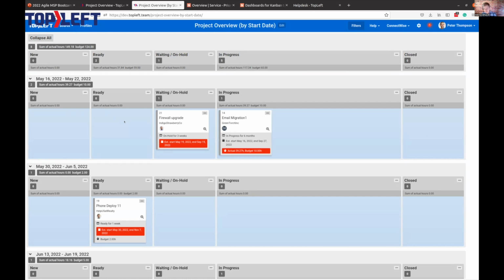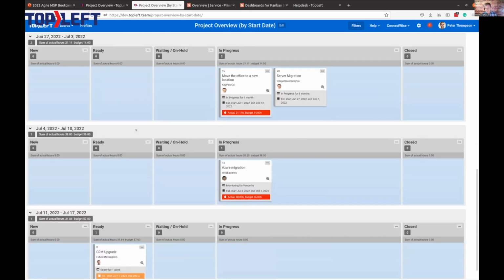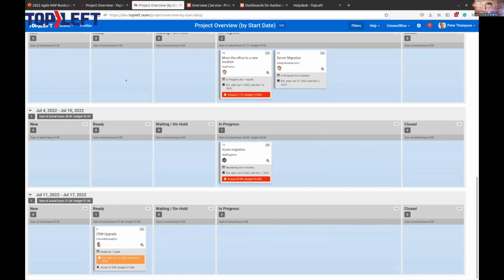This is the project portfolio view. So these are our top level projects. They're using swim lanes by the estimated start date of the project. So here's a couple projects that started in the week of May 16th. They're waiting or in progress, so that's okay. You can look down here as we get into future dates, and that would show us, on one hand, what's starting or what has already started, but it can also focus on the things that are coming up. So it could tell you things like